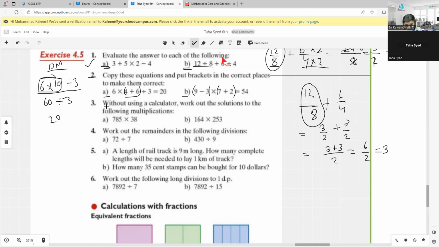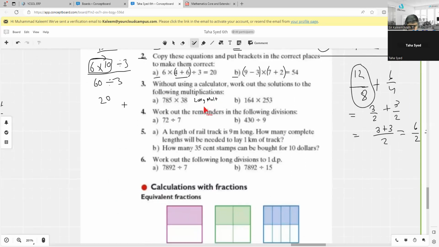Without using a calculator, work out the solution to the following multiplication. So what do we have to do here? Any idea? We have to work out. Yes, simple, we can do long multiplication that we learned in the example. Okay, let me do this one quickly. So we'll do 785